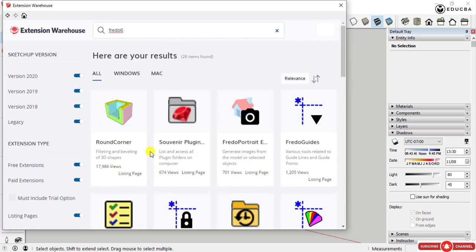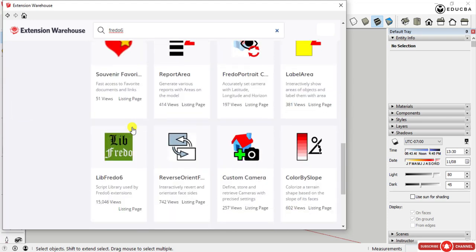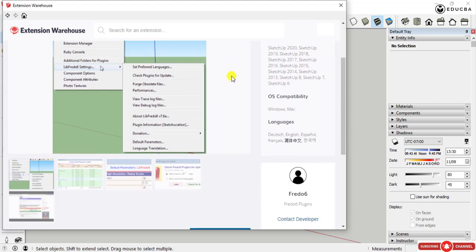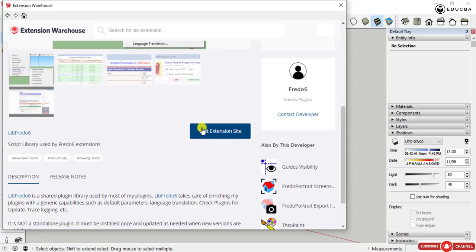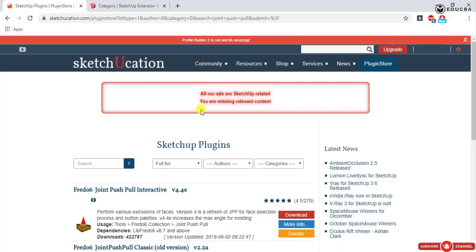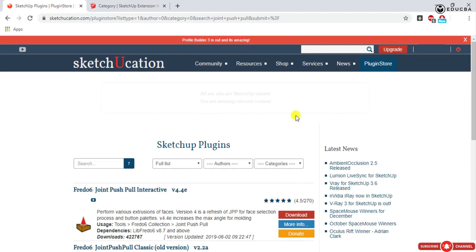So listing pages basically means when I try to use this particular tool, it is going to redirect me to the page and it will have a button which will take you to the site where the extension is available for download. As soon as you click this, you will be redirected to SketchUcation, which exactly needs you to first